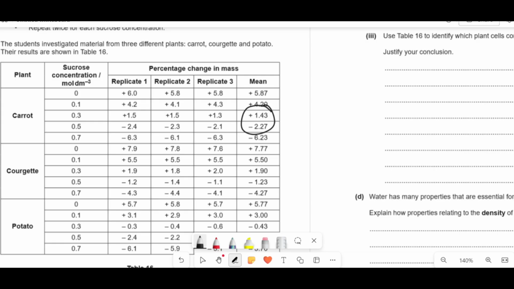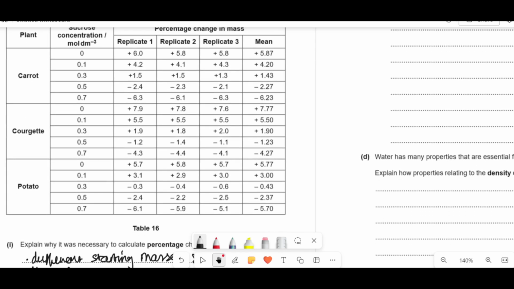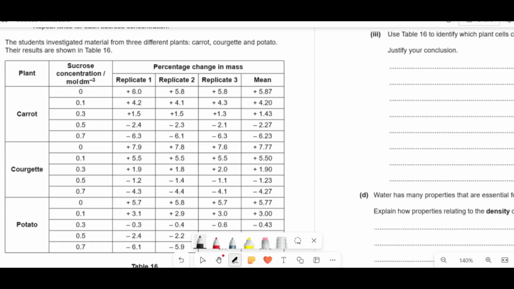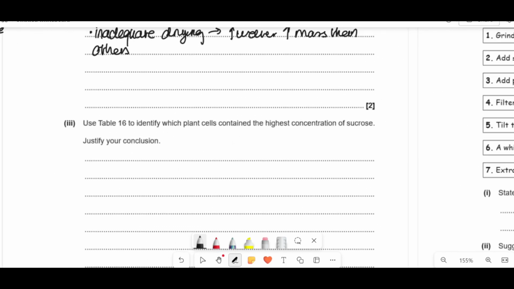So here and here, there's the changeover between 0.3 and 0.5. Here and here, here and here, it's between 0.3 and 0.5 as well. Whereas with the potato, it's between 0.1 and 0.3. So these two could withstand a higher sucrose concentration before they started losing water and dropping in mass. So either one is fine. I'm going to just pick the carrot because I can't be bothered writing courgette. So the carrot, why? It's because the